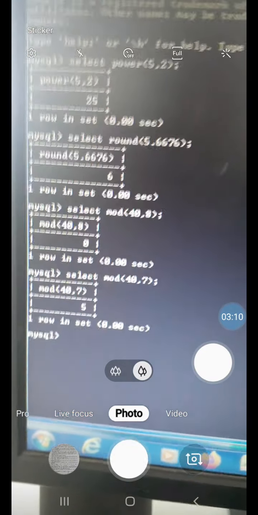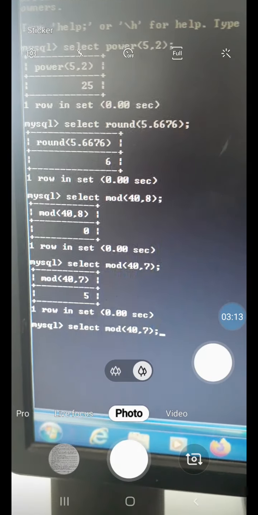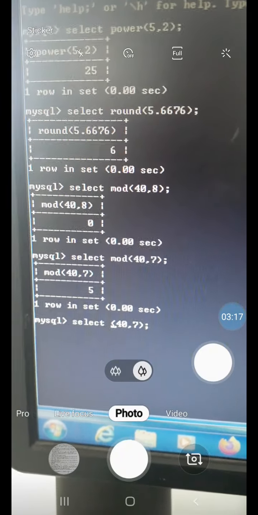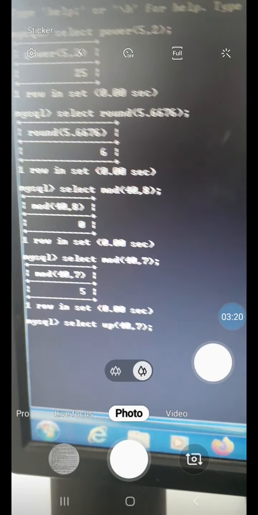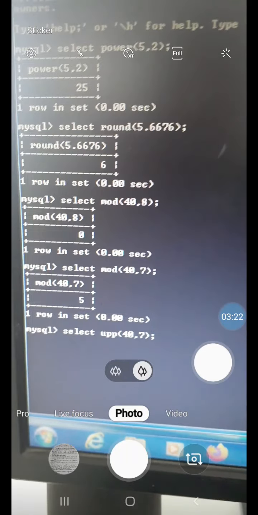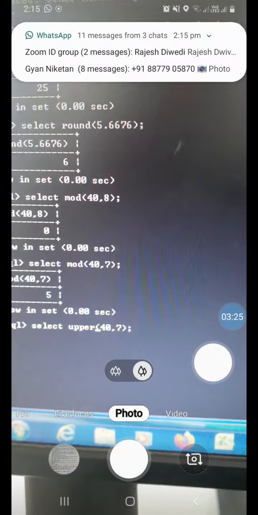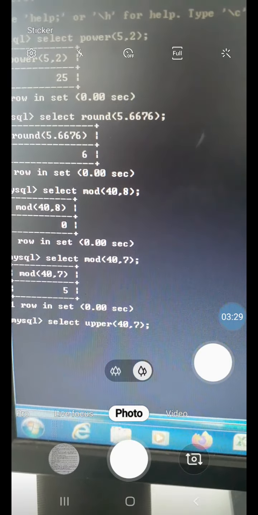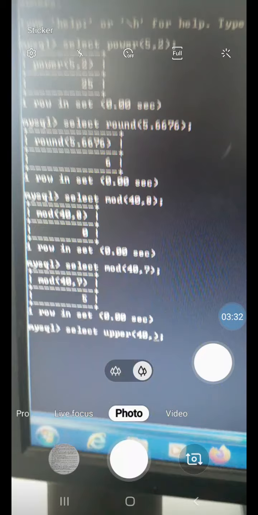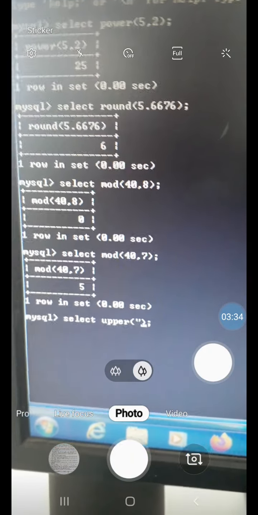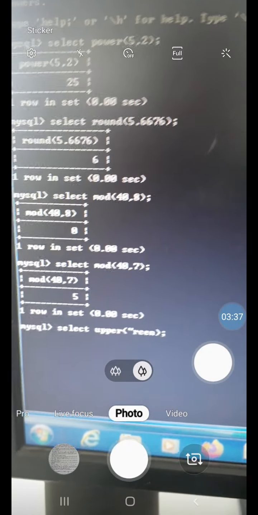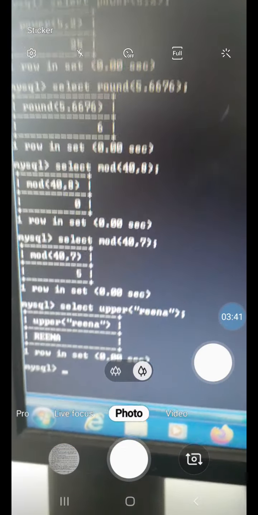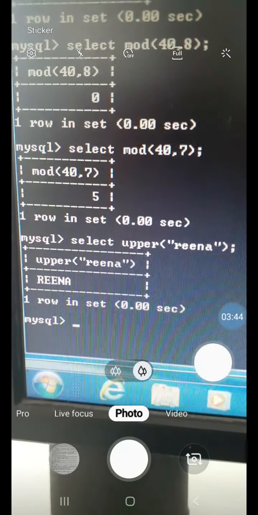For strings we have to write select. If you want to change any text to uppercase, we can write upper, or UCASE, uppercase. Within the brackets we have to put the text which we want to change to uppercase. It is converted to capitals.